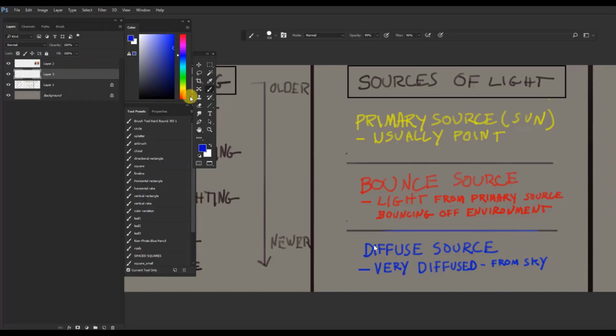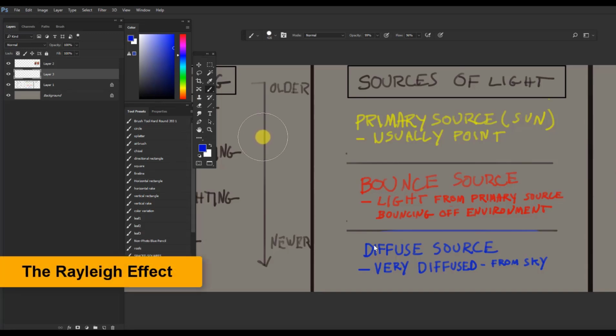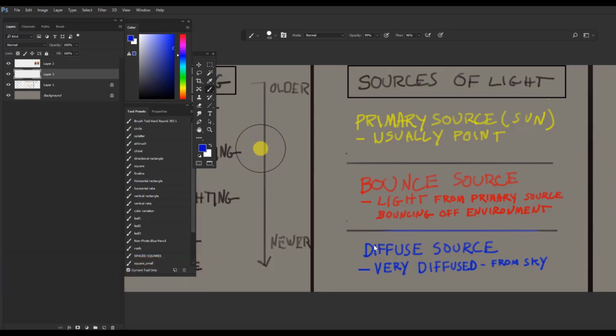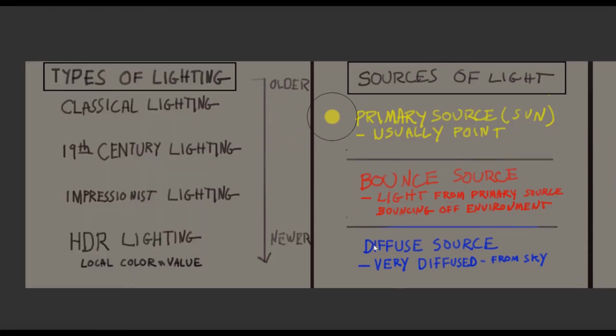That is spelled R-A-Y-L-E-I-G-H, the Rayleigh effect. He was a 19th century scientist that explained or figured out very accurately how light diffuses in the atmosphere and why the sun is yellow, why the sky is blue. Very enlightening, so I urge you to go look at that if you want to know more about this in detail. But we're going to be looking at how artists have used it in the past and in greatly simplified